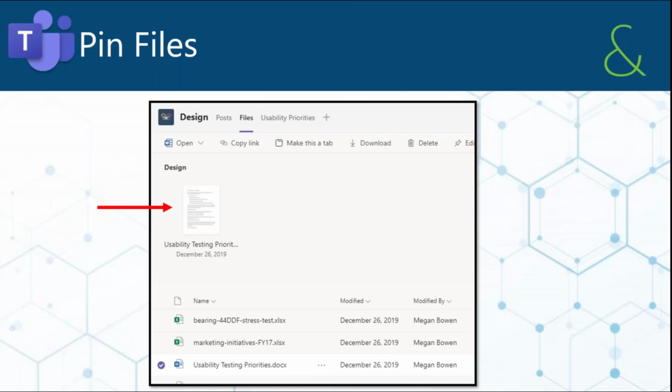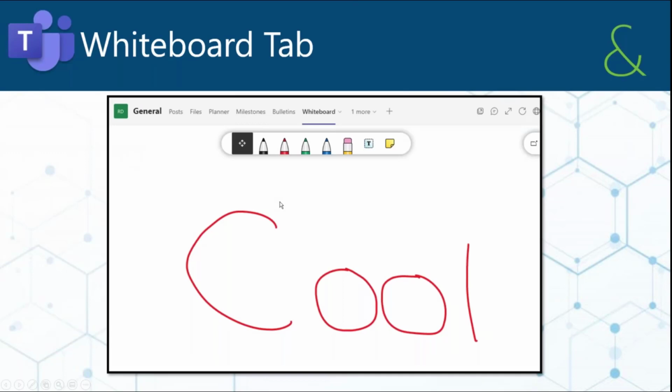So if it's something that people you're working with need to reference, and you have a lot of files in that folder, you can pin a bunch of them actually. So it's a really easy way to call attention to a specific file, and you can unpin it when you're done with it. The next is, now whiteboard isn't new, and whiteboard in Teams isn't new, but you can actually